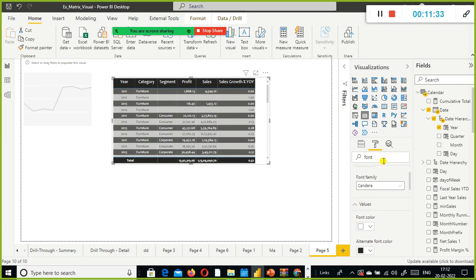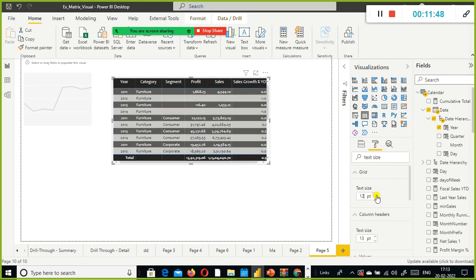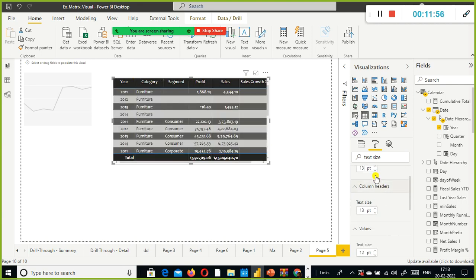Similarly, you can set the font size, text size. Text size you can increase it to, so keep everything in this same size except the column header. The rest of them, the column headers, I just reduce it.